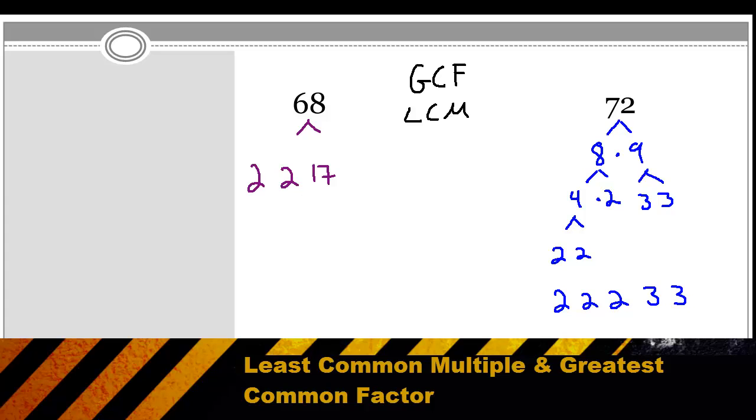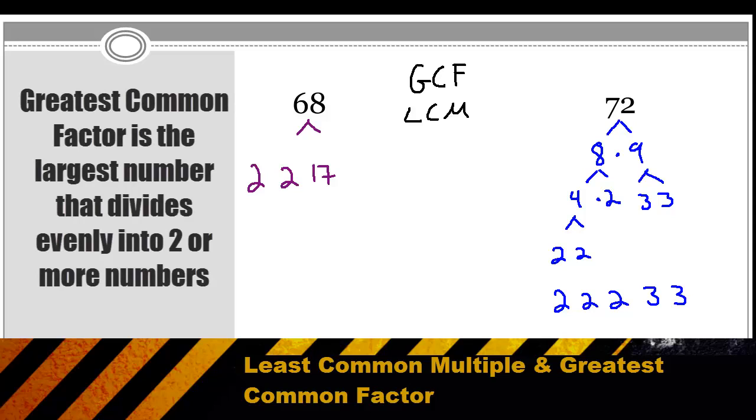The greatest common factor is the largest number that would divide evenly into both 68 and 72. To identify the greatest common factor, all I do is count the prime factors each number has in common. So I can see that 68 has 2 2's, and 72 also has 2 2's. And that's it. 68 has a 17, but 72 does not, and 72 has 2 3's, but 68 does not. So my greatest common factor is just the two factors they have in common, or in this case, 2 times